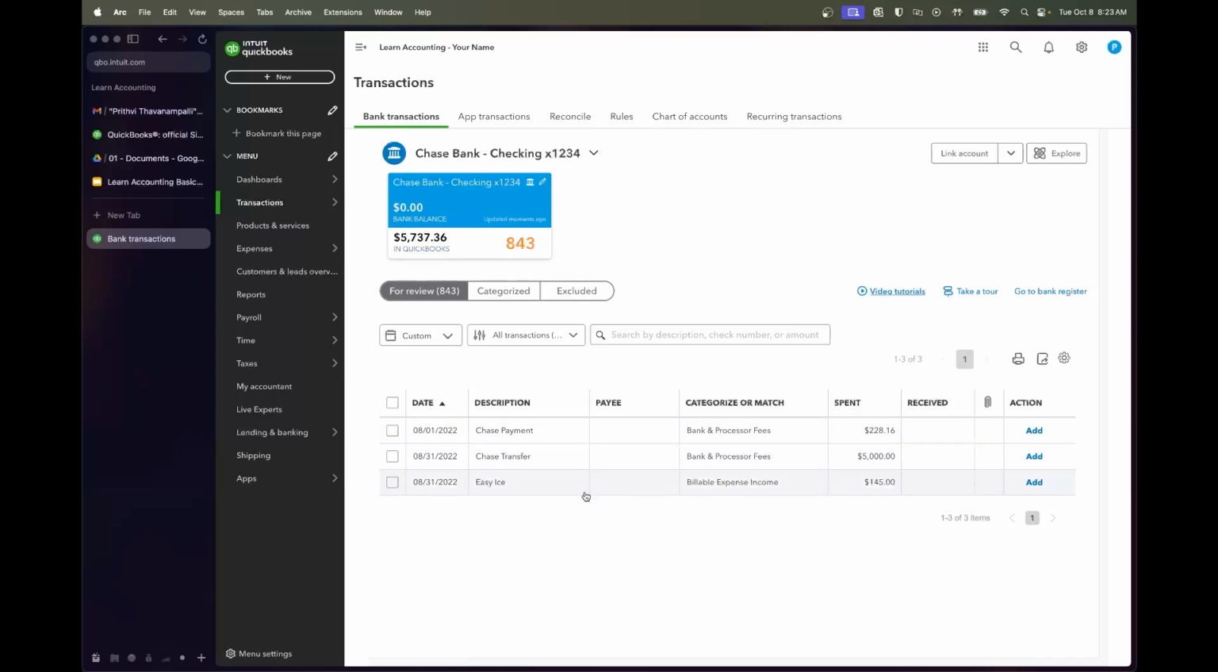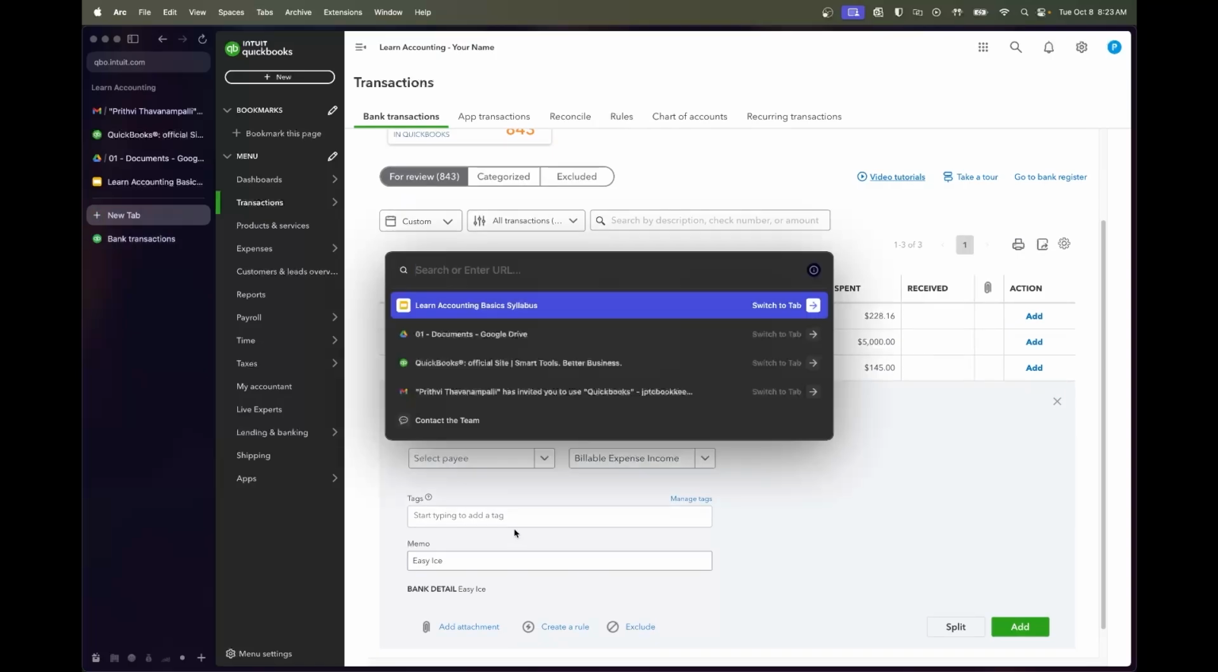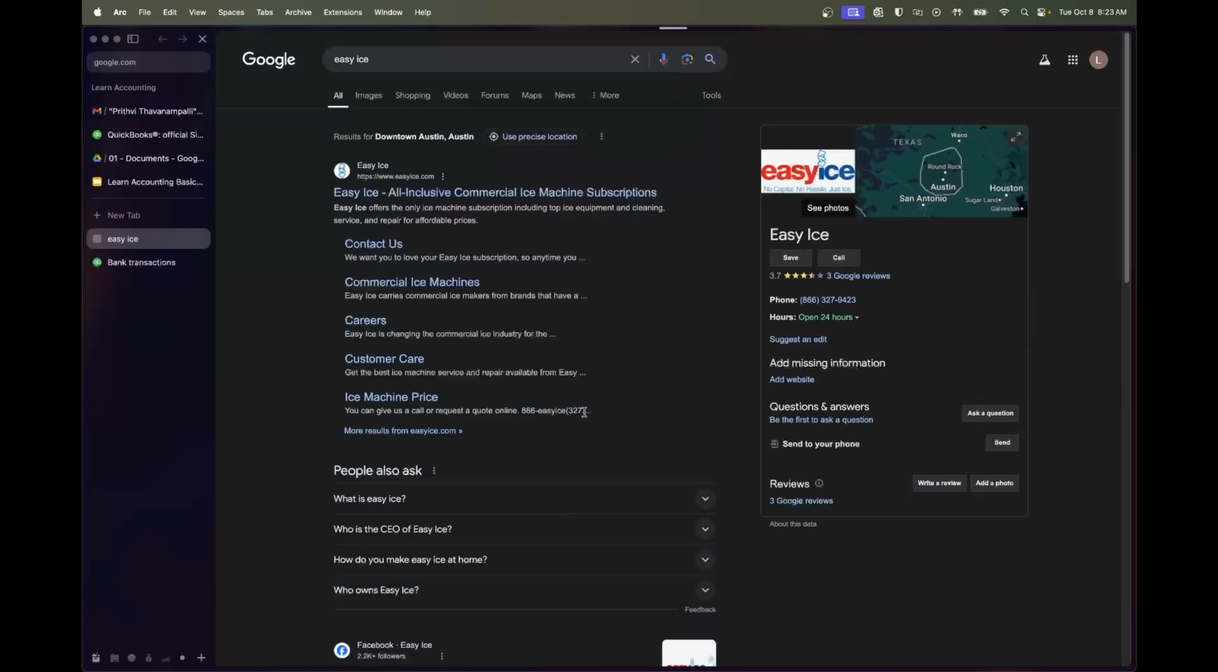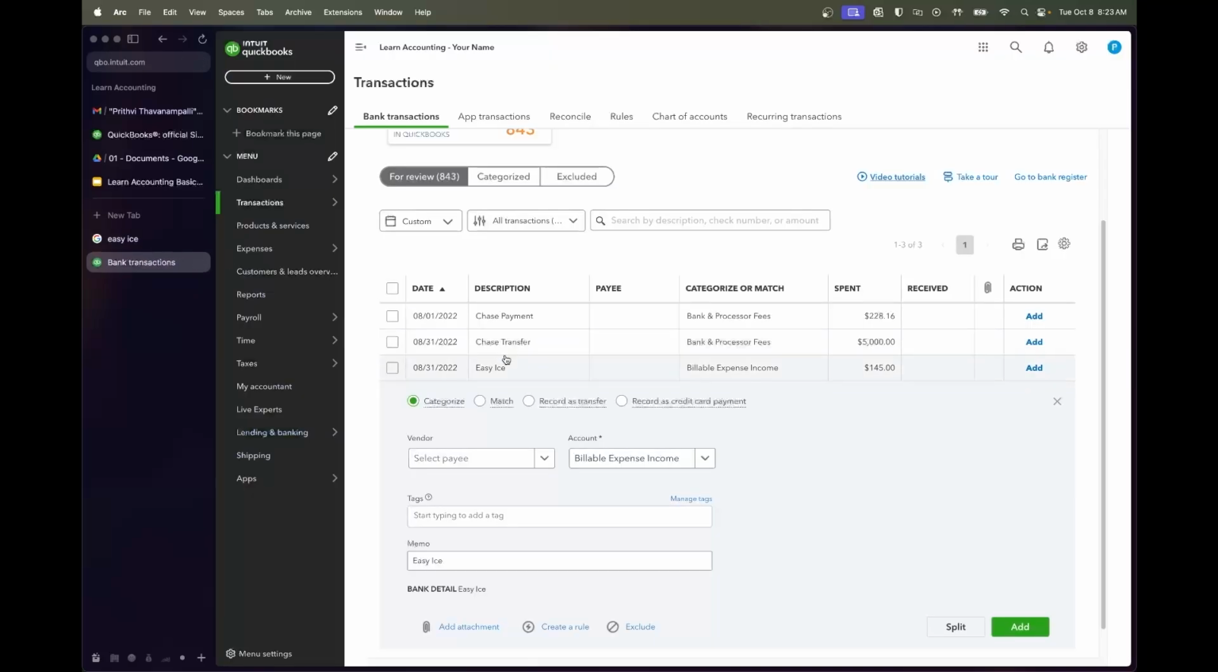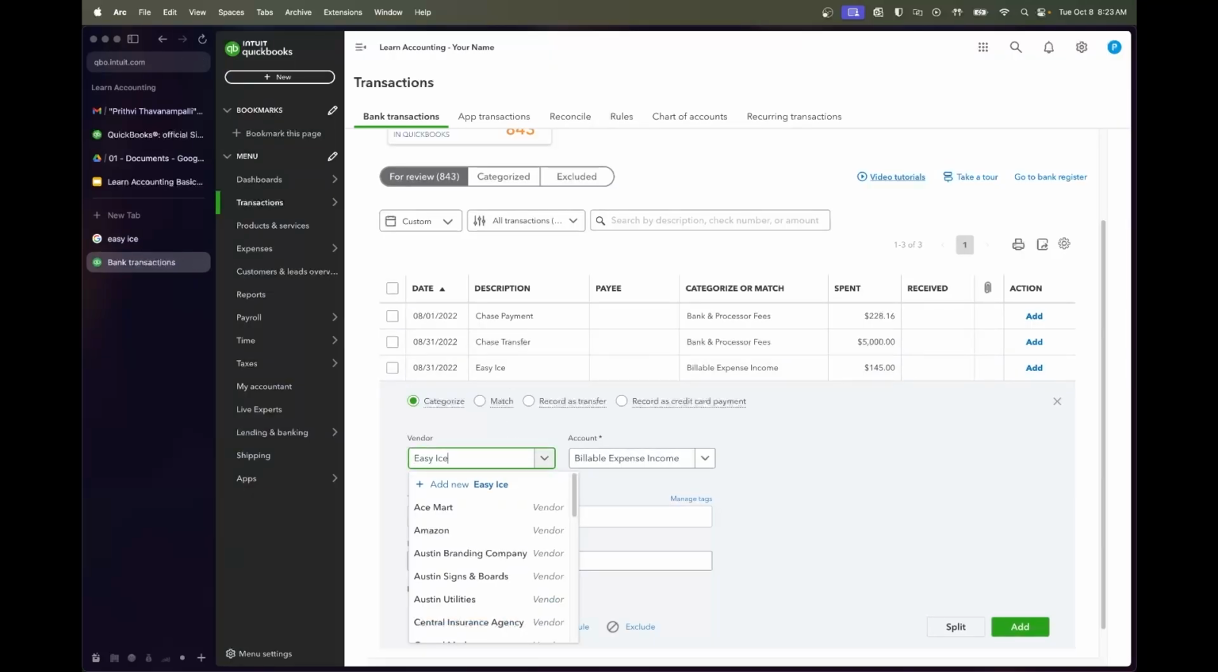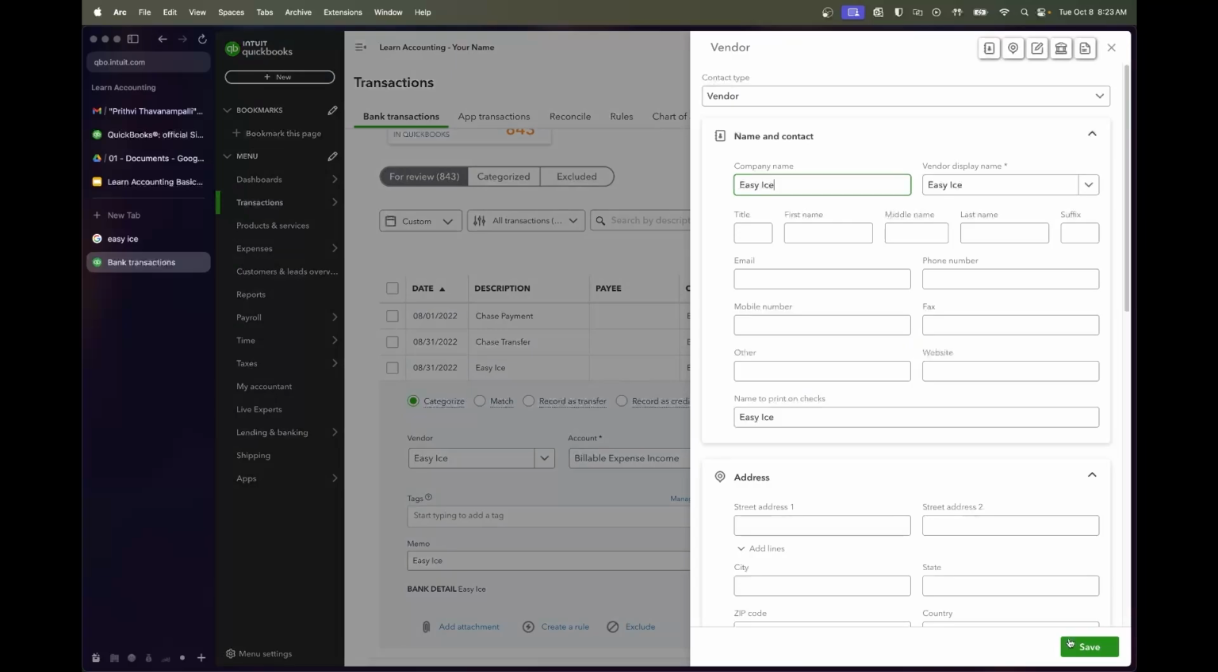And so these are the three payments that we're going to look at that are a little bit first time for us. Easy Ice, if we look it up, they're actually commercial ice machine rentals. So this is an equipment rental. So Easy Ice, especially if this is a rental,